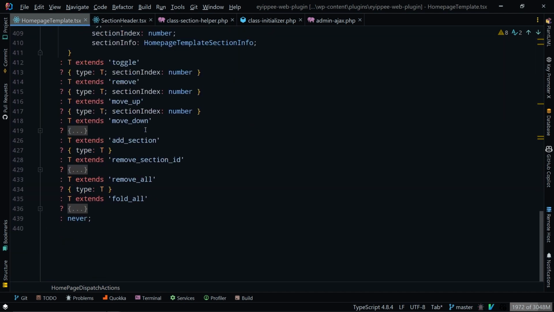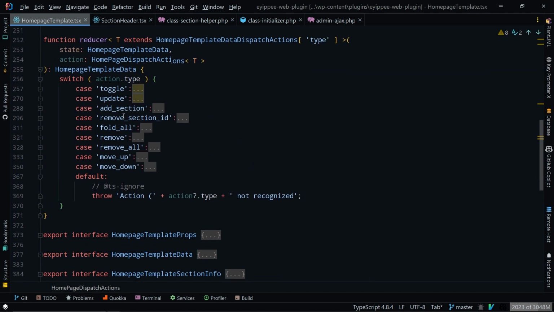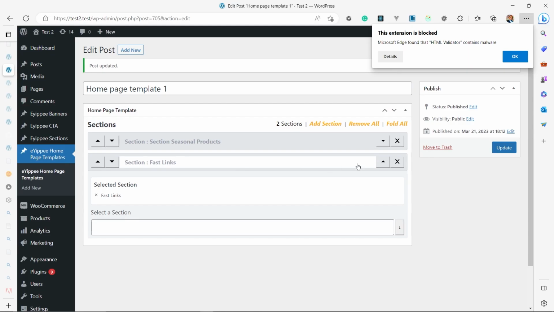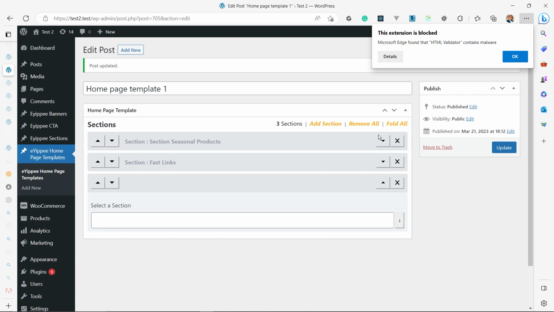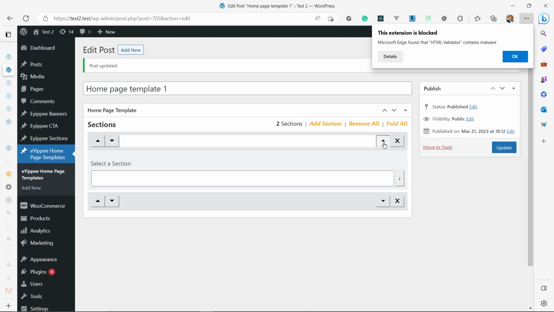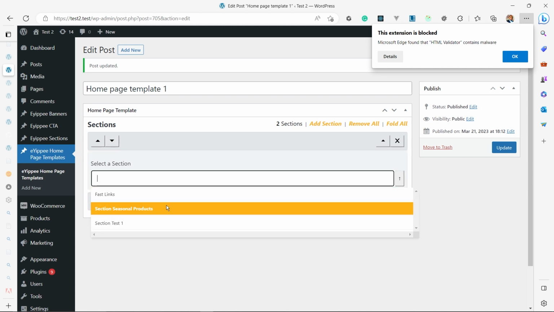First of all, whoever invokes this reducer function will pass a particular action, which could be toggle, update, add section. As you can see here, you can click on add section. You can remove all. You can add section. You can fold all. You can toggle this. You can move this one down. If you go in and select something,